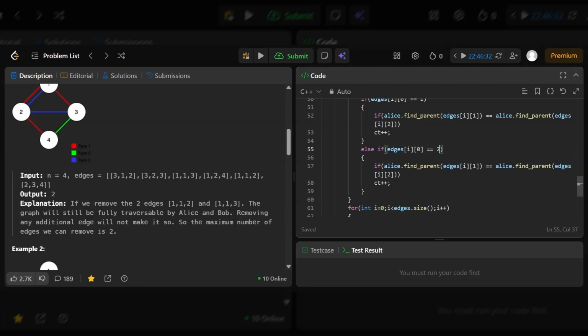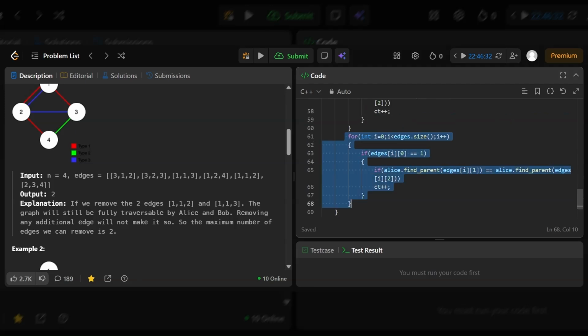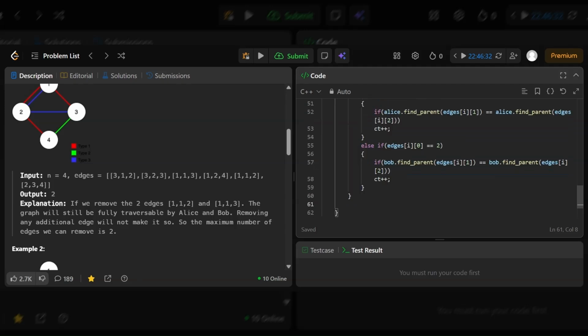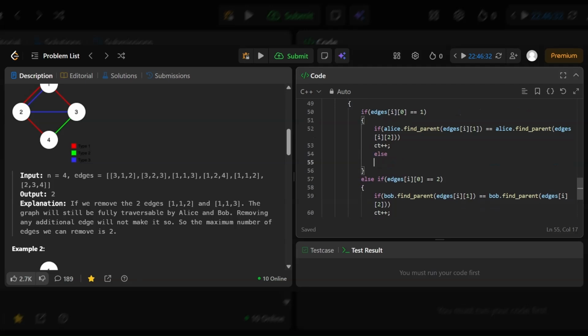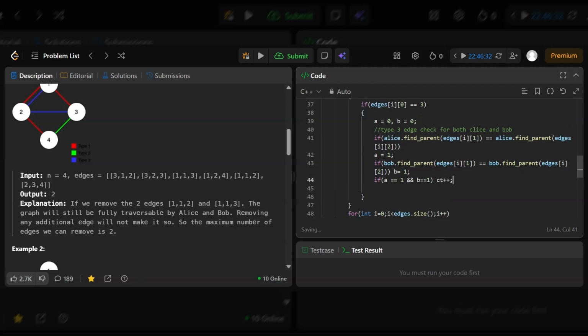okay, we missed one point. Did you get that? If parents are not the same, then we need to union also, right? Then Bob.union of i1 with i2, and similarly here, else Alice.union i1 with i2, and here also,